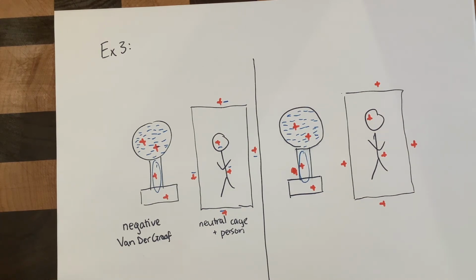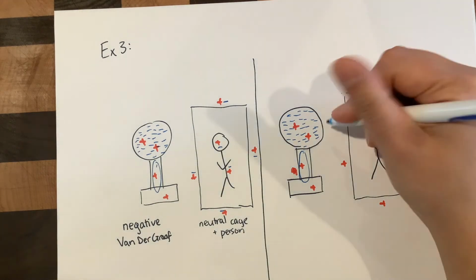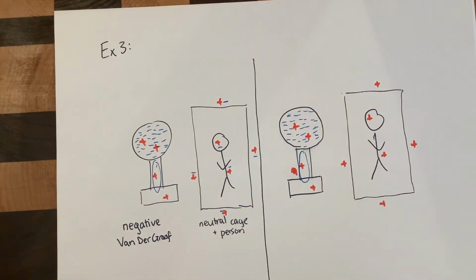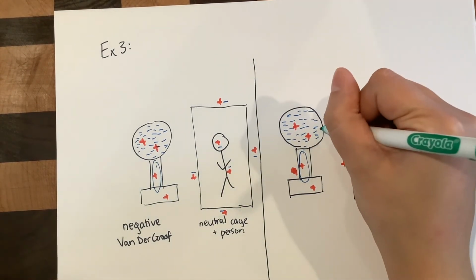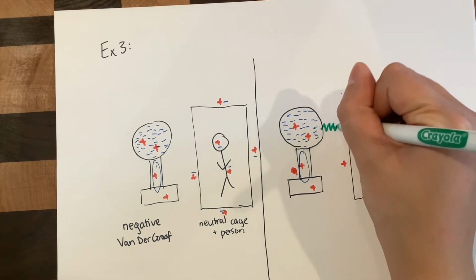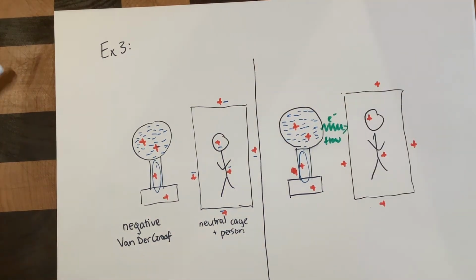Conduction can either be moving through a conductor or sparking through the air. Electrons are going to flow through the air, so I'm going to draw that like lightning. And those electrons are going to reach this cage. Now, the cage around my person is a conductor. It's made of metal. That means when the electrons reach the surface of the cage, they're going to spread out